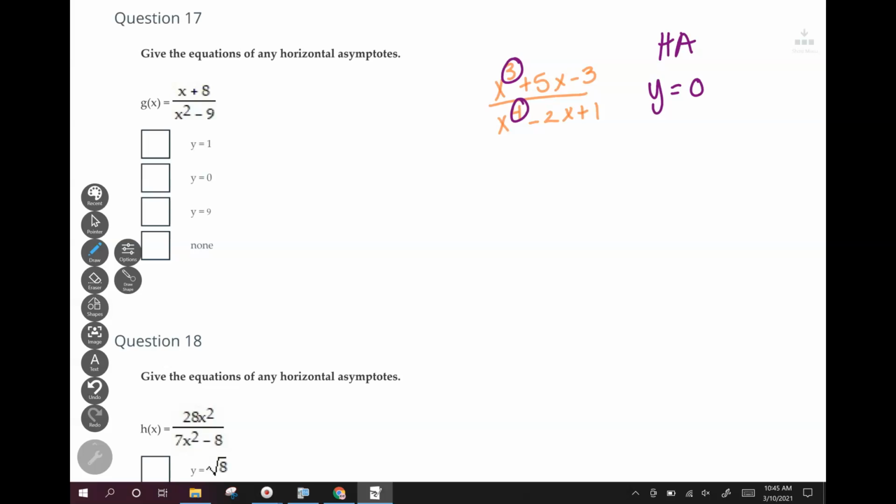If they are equal, let's say like 3x minus 5 over 1 plus 2x. Okay, now my degree is 1 and 1, always looking at the one with the largest exponent. So I'm only concerned with these two. So if they're equal, you just take the coefficients and divide them. So y equals 3 divided by 2, or 1.5